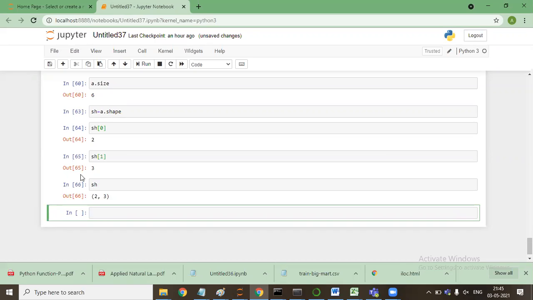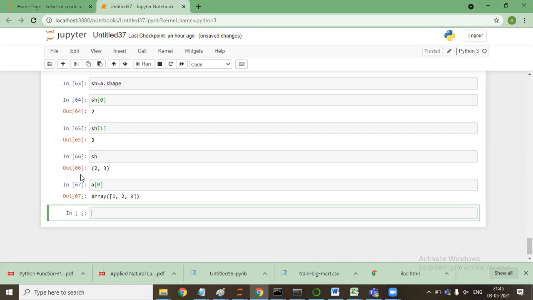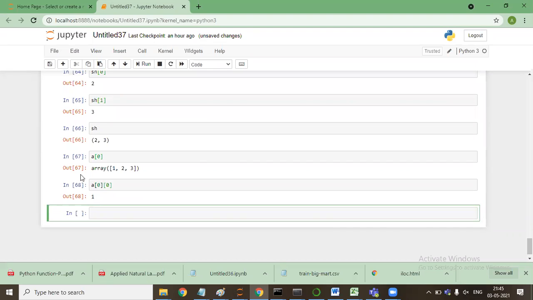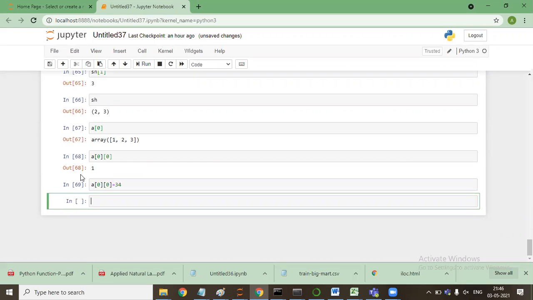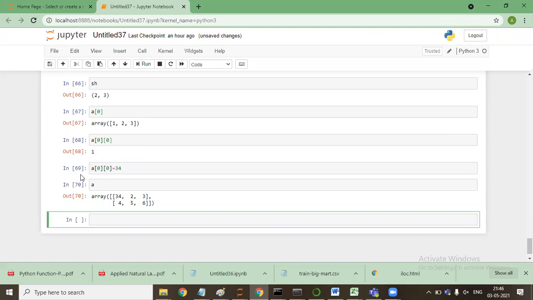Array indexing. If you say the 0th element, or the first element, you will say a with the index. Are you guys fine?